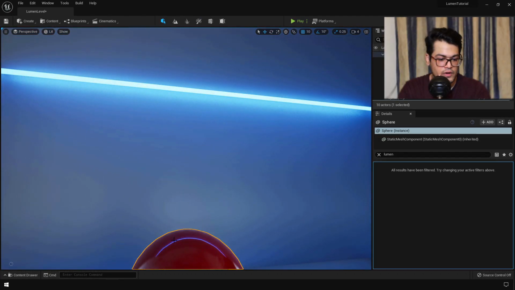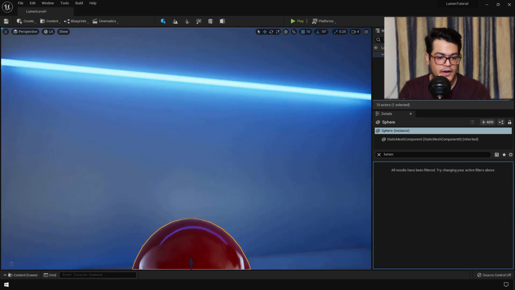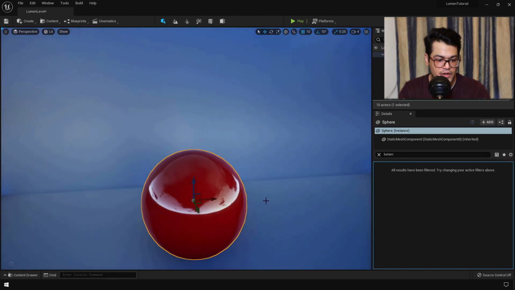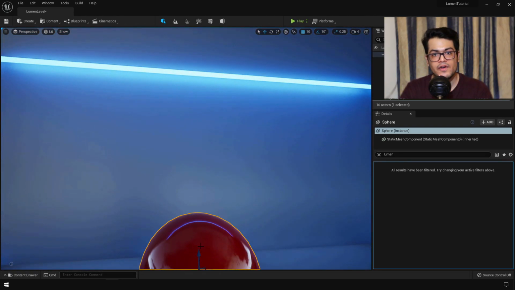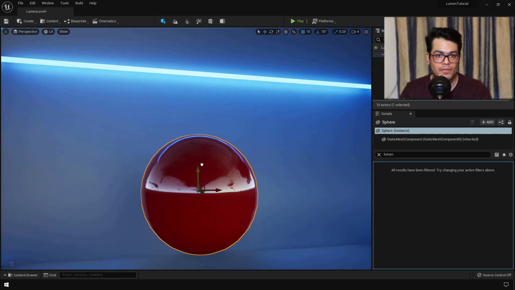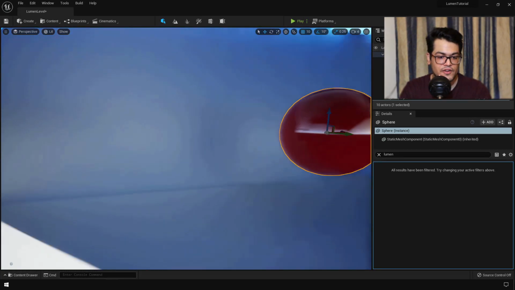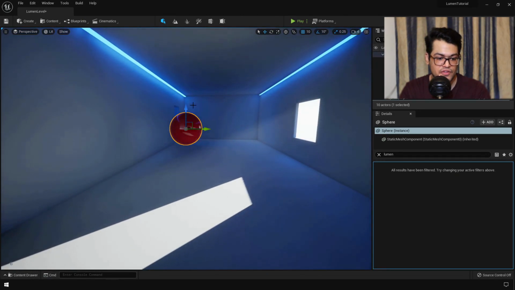As you can see, the light is being reflected when the light is in the frame, and the moment the light goes off the camera, the reflection of the light disappears. Whenever an object goes off from the camera, that object's reflection also disappears. That is basically what screen space reflections is.